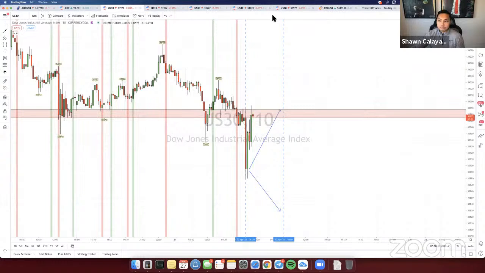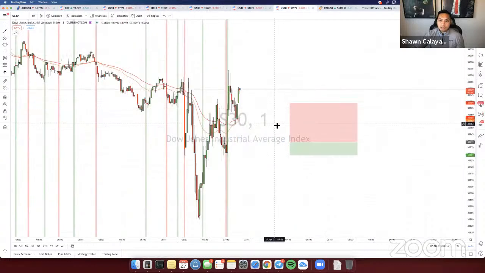And you just gotta be patient. So if you guys are in this trade with me, just keep in mind that if you're taking too much risk, just exit the trade. You should have been taking a smaller lot size for this trade anyways, because of the risk involved. So if you're taking too much risk, I recommend you just pull out and take the loss.